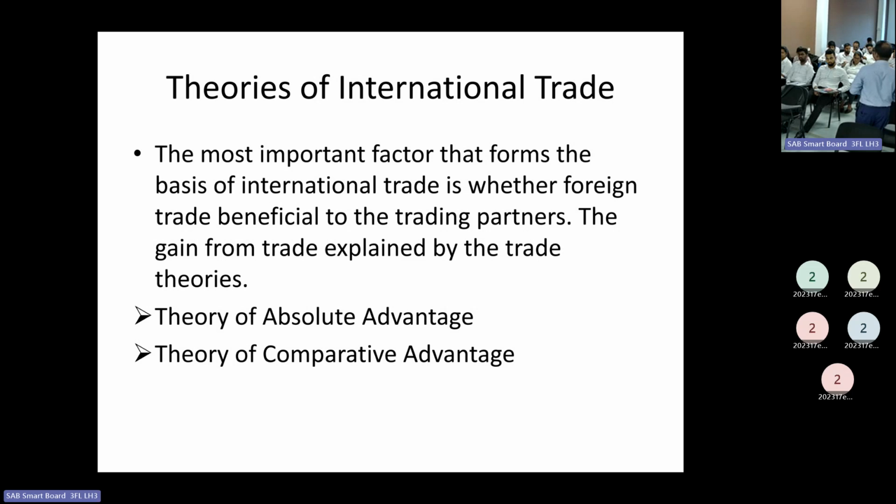In absolute advantage, we take the absolute cost, that is the production cost. If one country can produce at a lower cost, utilizing resources, minimizing the resource usage and producing high output, compared with the other country, then that nation